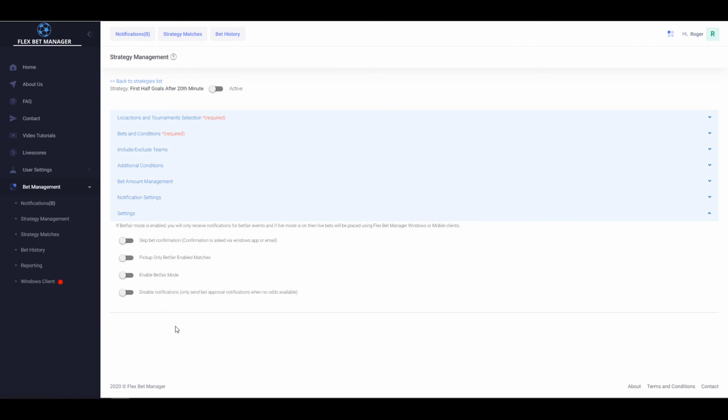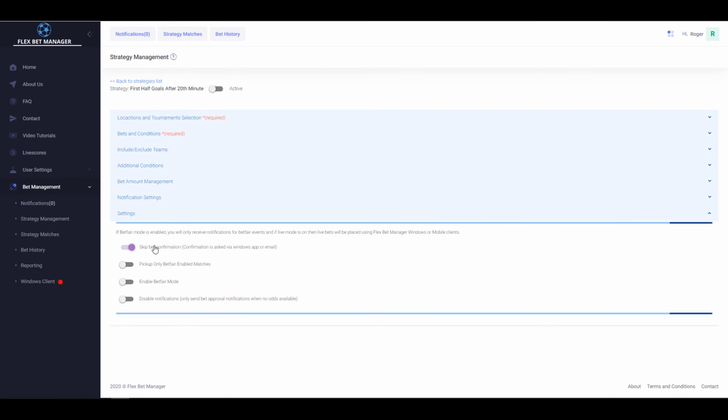Or even if you're using FlexBetManager Windows client, it's gonna just straight place a bet at Betfair using your Windows client. So for our betting strategy, let's select this,